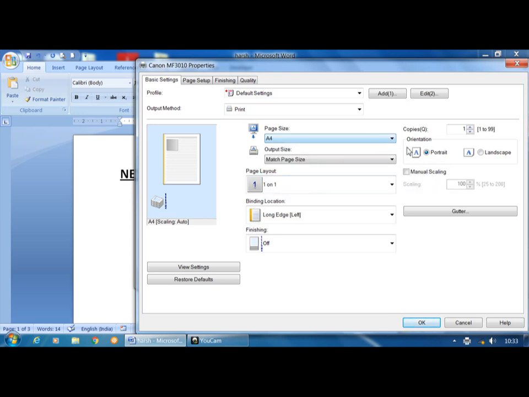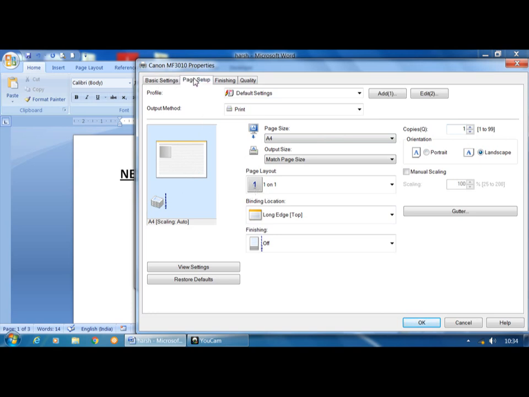Then here orientation is there. This one is a very important one. If my document consists of 10 columns, it is not possible to view 10 columns at a time in this way. At that time I can rotate the page. If I click on landscape, it becomes horizontal, and when I click on portrait, it is vertical. So if I click landscape, here I can view all the columns.